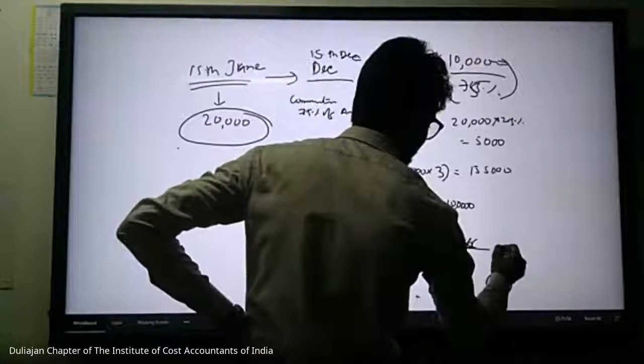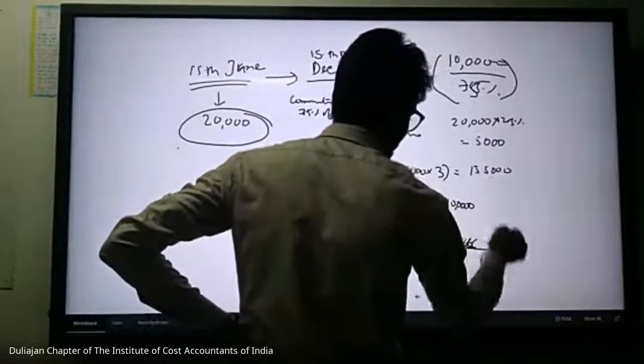Okay, so this is my taxable amount जो भी आएगा यहाँ पे, तो टोटल अमाउंट ऑफ टैक्सेबल विल बी दिस प्लस दिस।